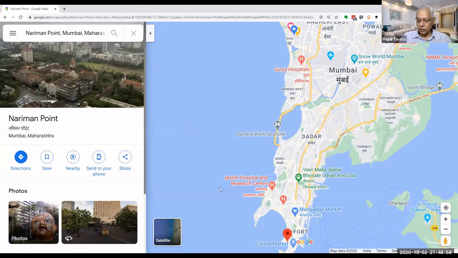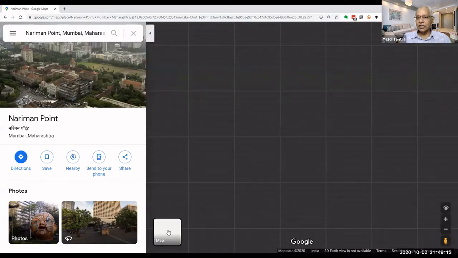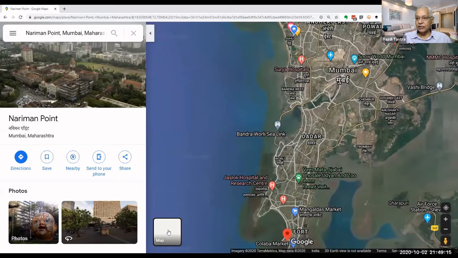Okay, so now the next thing that we need to look at is, if you see the map, we also have a satellite view. Can you see down below here where my cursor is? A satellite view. Okay, so if I click on the satellite view, the entire terrain is also shown to me.